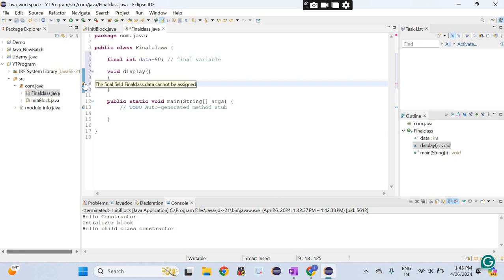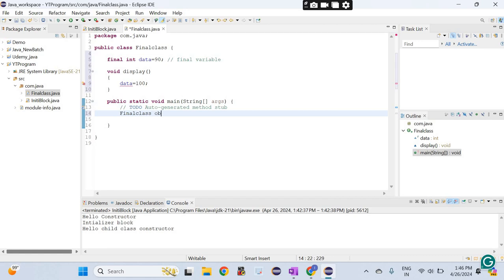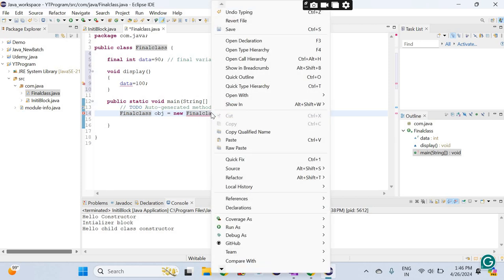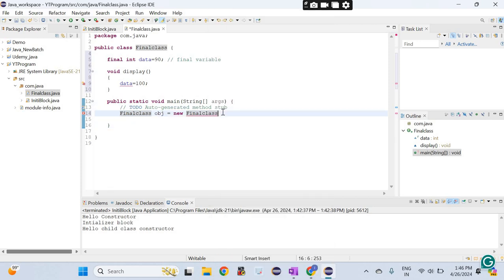So here if I compile, it will give this error only. So this is the final. If you want to see, I can show you, but in the Eclipse IDE you are using, by default it will show you the error. So this is the beauty of this IDE.